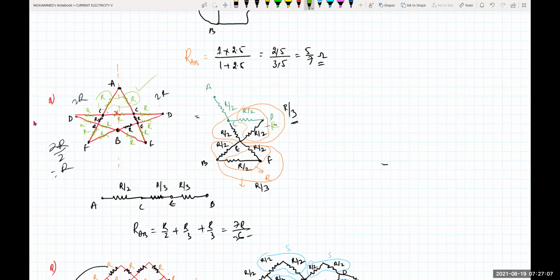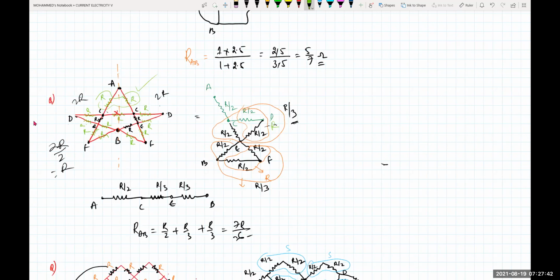Yes, sir. Now see, between E and F down, this one is R by 2. This EF and this EF will be parallel. So R and R means that will become R by 2. Okay, between B and F, here it is BF and here it is also BF. Between B and F, that is also R by 2. Okay, between E and B, this is your E and this is your B. Between E and B, there is one resistance. There also they overlap. So that also will become R by 2. So that R by 2 will become for me R by 3.